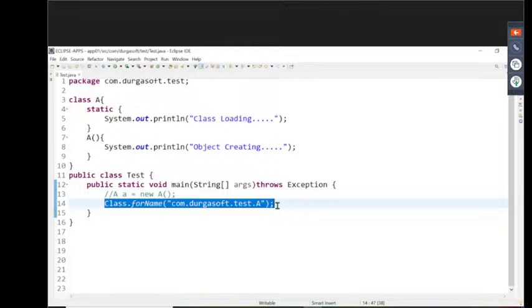If the required A.class file does not exist at all 3 locations, if the A.class file is not available, immediately JVM will raise an exception. What exception is JVM able to raise? That exception is java.lang.ClassNotFoundException. In the case that the A.class file is identified at any of these 3 locations,